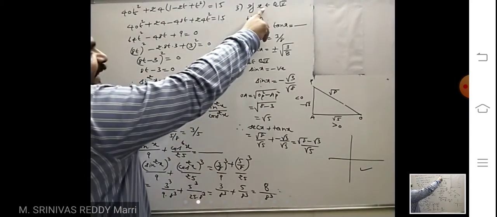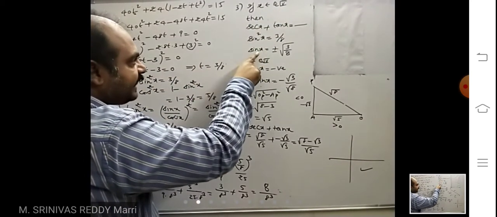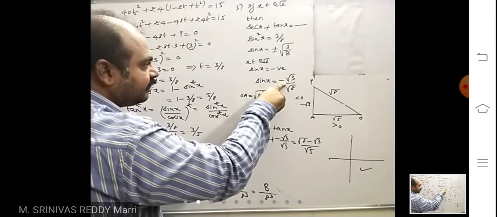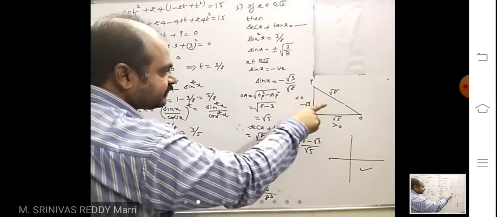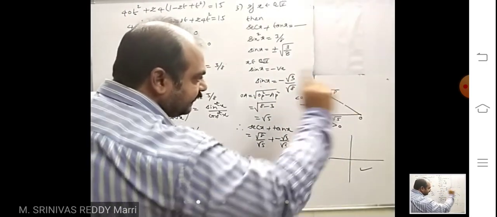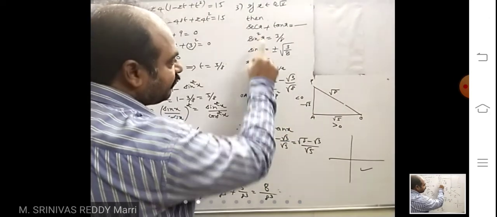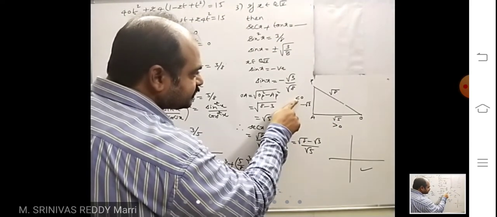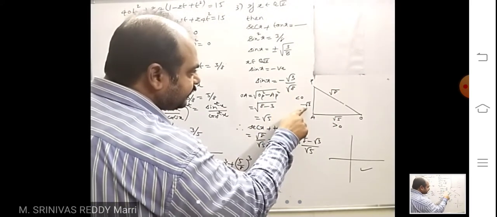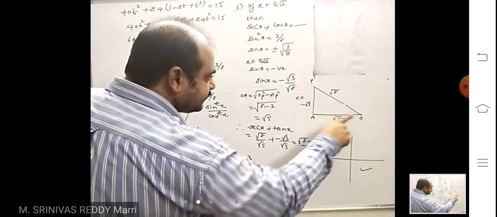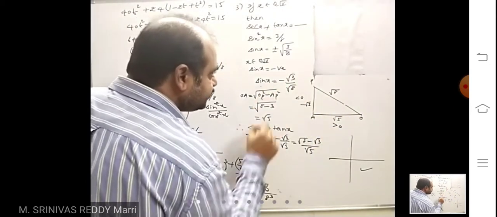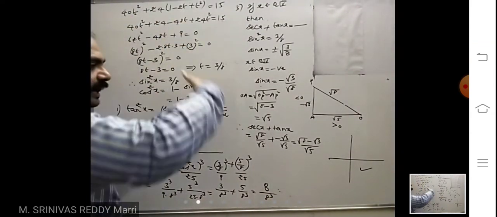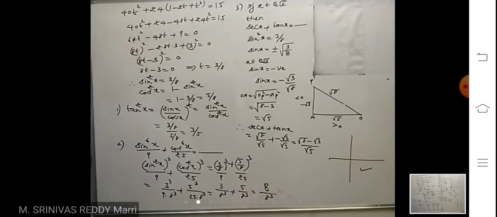Like that, x is given in quadrant 4 and you know the sin x value. In quadrant 4 sin x is negative, that's why the negative value is taken. If you know this sin x, you can calculate the remaining ones by constructing the triangle. As this is in quadrant 4, the horizontal leg must be positive and the vertical leg must be negative. Already given minus root 3, write root 8 here. Calculate the length and write the plus value here. From this you can write what secant x and tan x are. Like that, multiple answer questions can be given.